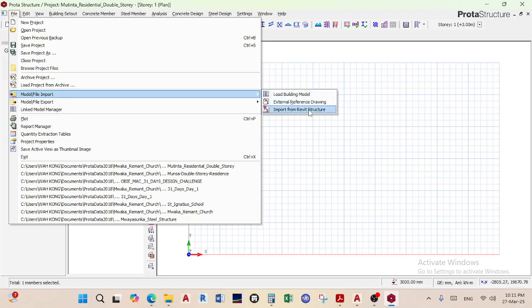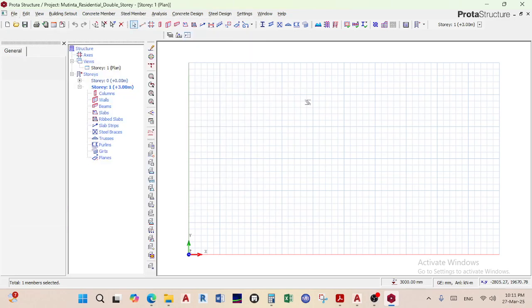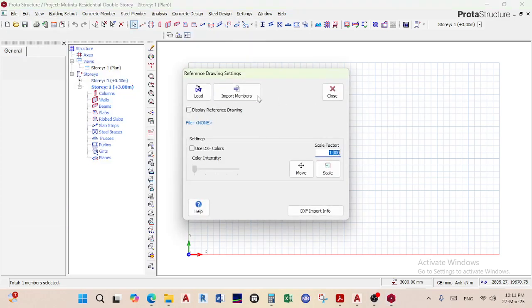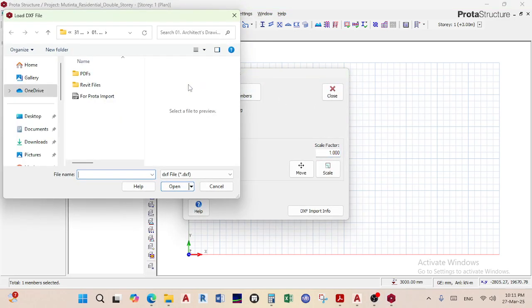You import it like this. External reference file. Say load DXF. You can find